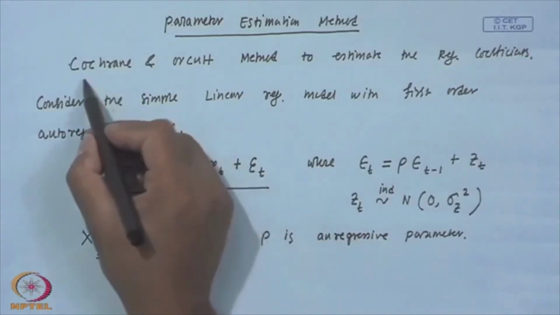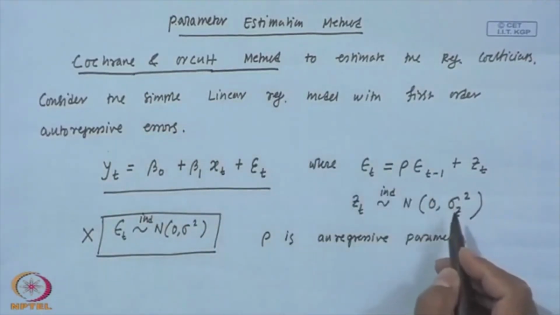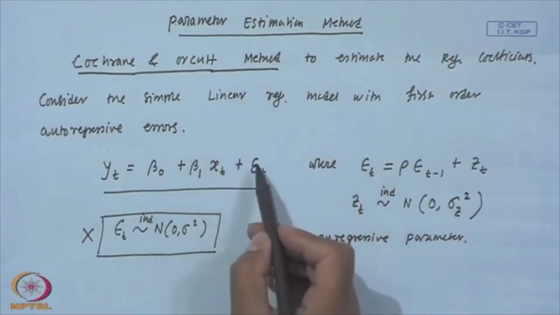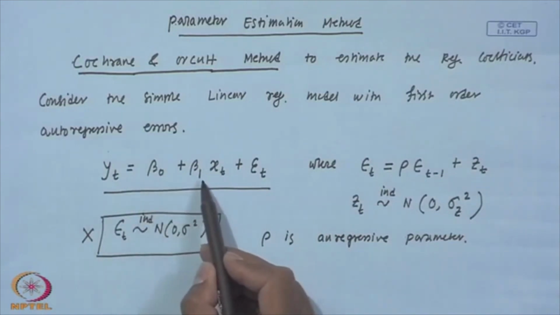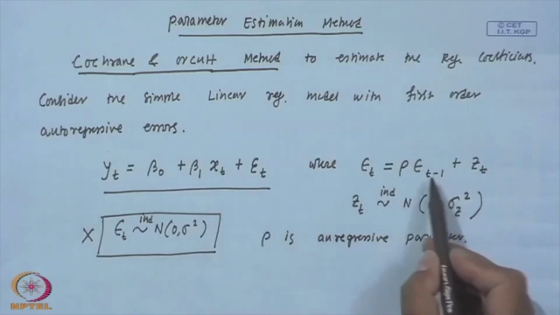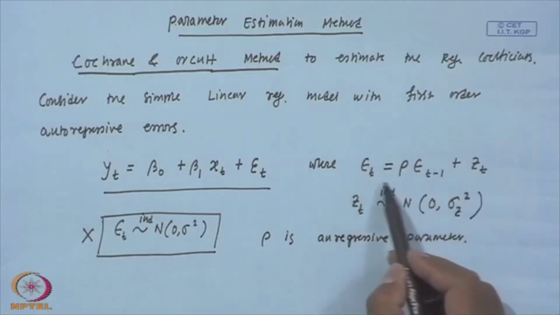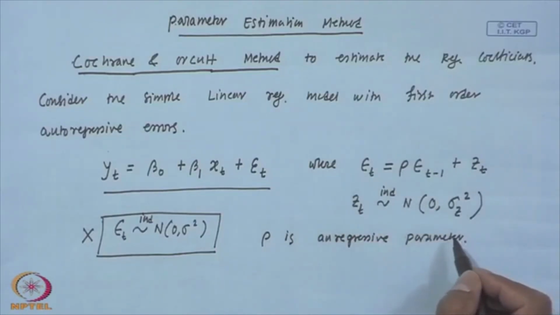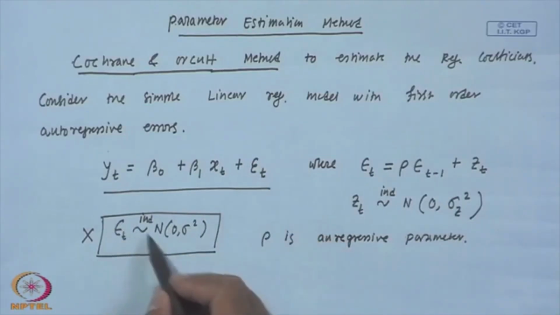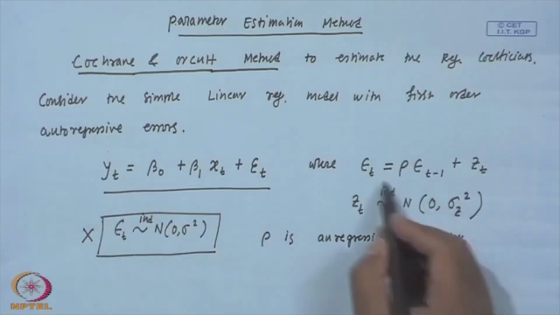This is the Cochrane-Orcutt method, and it says how to estimate the parameters beta naught and beta 1 when there exists first order autocorrelation among the errors. And these epsilon t are not independent normal 0 sigma square,